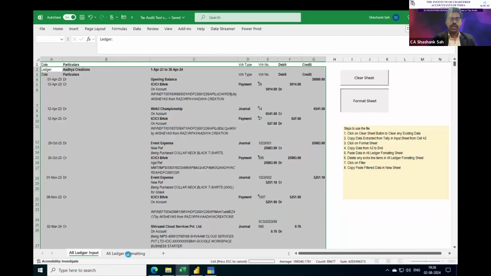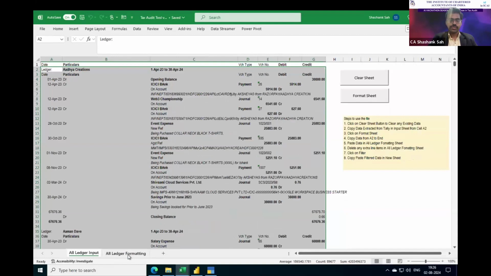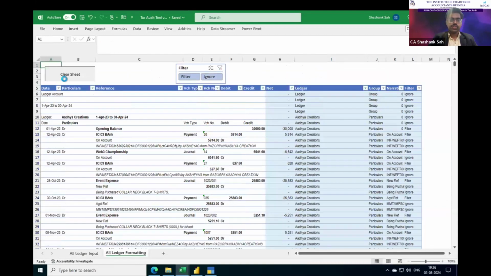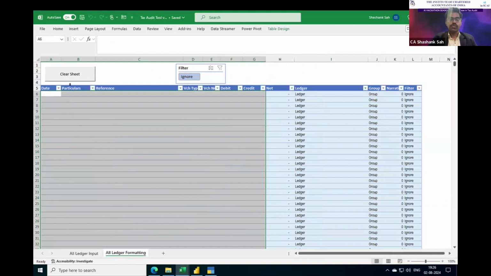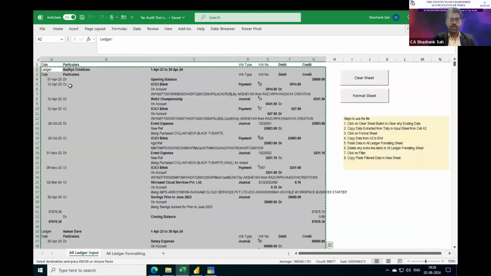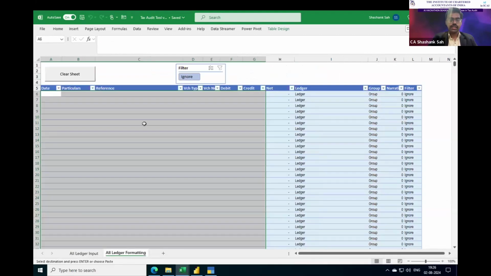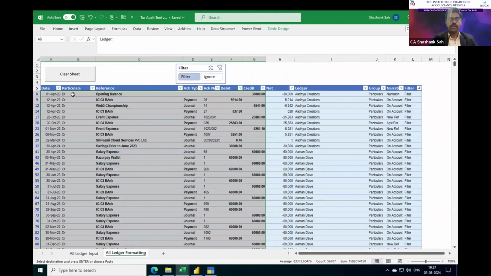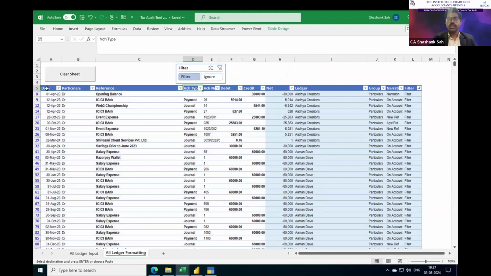And copy the data and put it into all ledger formatting. So both the sheets are VBA controlled sheets. Once the data is entered, it automatically filters out the data and makes the data in a more readable format. So now this transaction